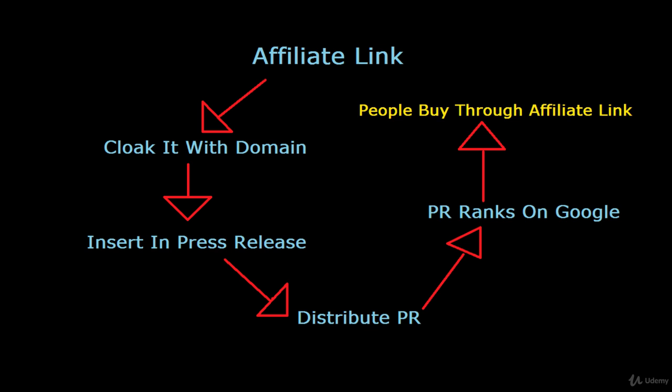After the press releases have been distributed, these press releases are going to rank for very specific keywords on Google.com and other search engines. These keywords are going to be related to the affiliate product that you are promoting. Now, these could be very high competition keywords, but that doesn't really matter. Since these are press releases, these are news items, these keywords are going to rank on Google.com. And your press releases are going to become visible. A lot of people are going to see your press releases.